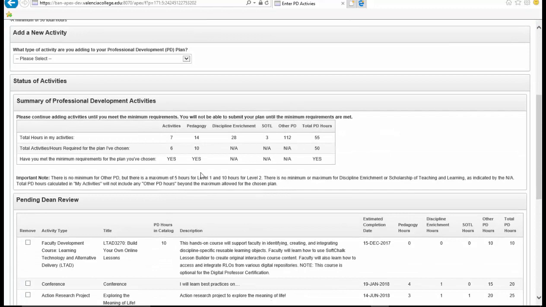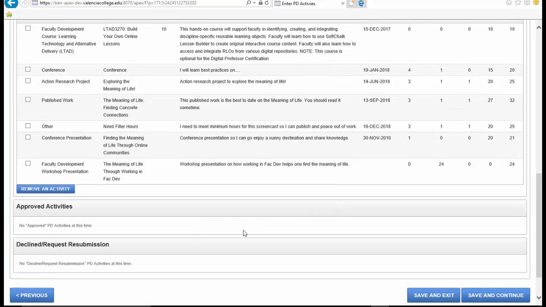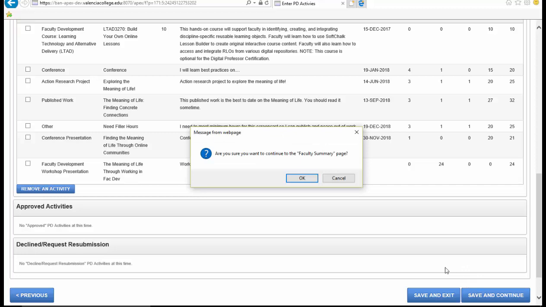Even after removing that activity, I still have enough hours. I can scroll back down to my pending dean review list, make sure all of my activities are correct. There are no approved activities because my dean has not reviewed my plan yet. And there are no declined or requested resubmission of activities because, once again, they have not reviewed my plan yet. So I can either choose now to save and exit or save and continue. I will go ahead and save and continue, and then I'm going to click OK to go to the faculty